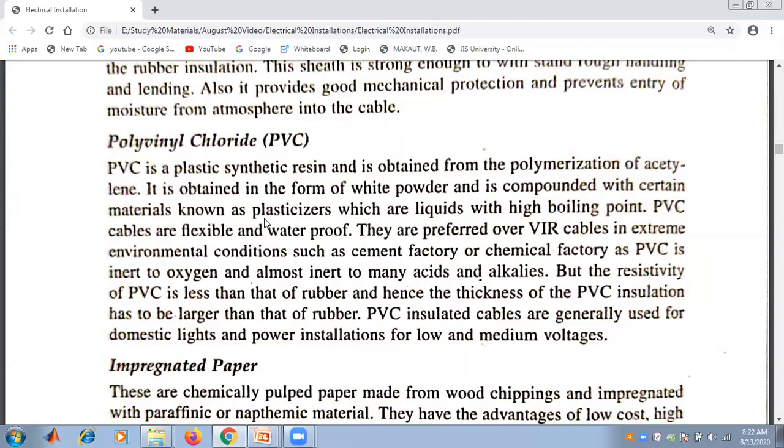Plasticizers. So it is compounded with certain material that is known as plasticizers, which are liquids with a high boiling point. PVC cables are flexible and waterproof. They are preferred over VIR cables in extreme environmental conditions such as a cement factory or ceramic chemical factory, as PVC